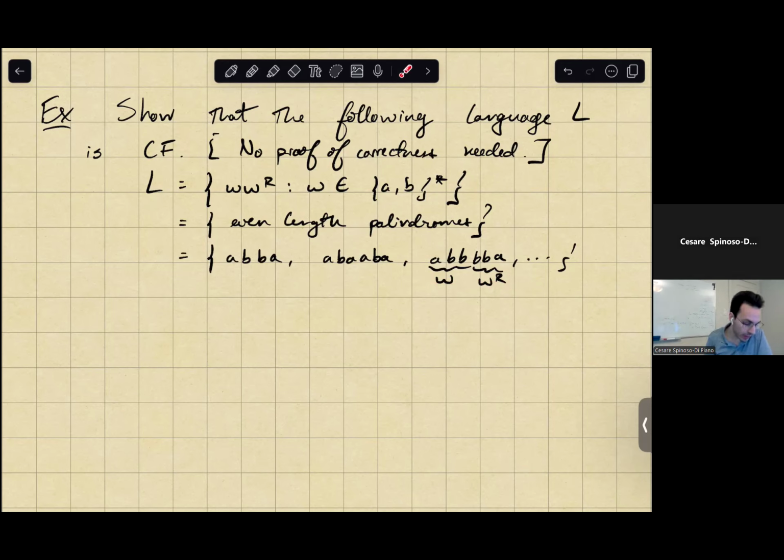It's not going to work in this case because the property of the strings in this language is that there's a dependency between the first letter and the last letter, between the second letter and the second to last letter, and so on. And so this language, if you were to try it out, you could show that it's not regular, because you could